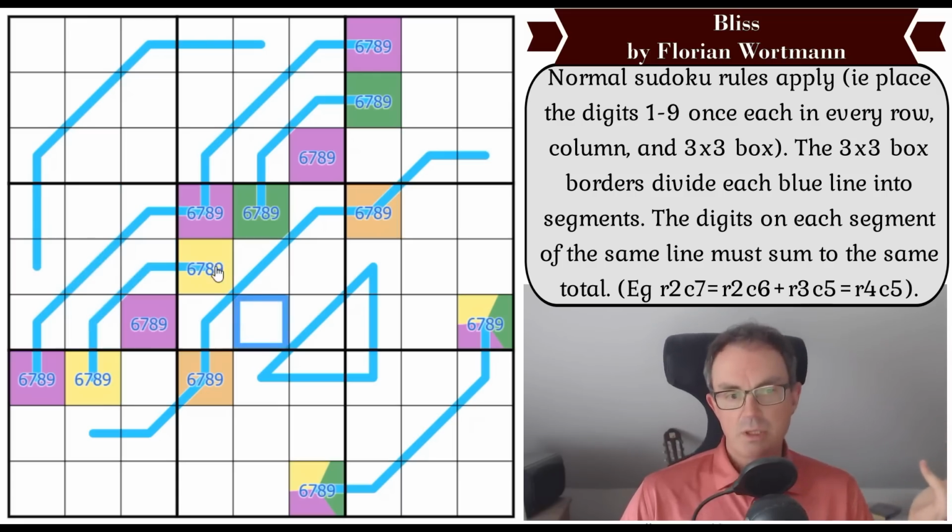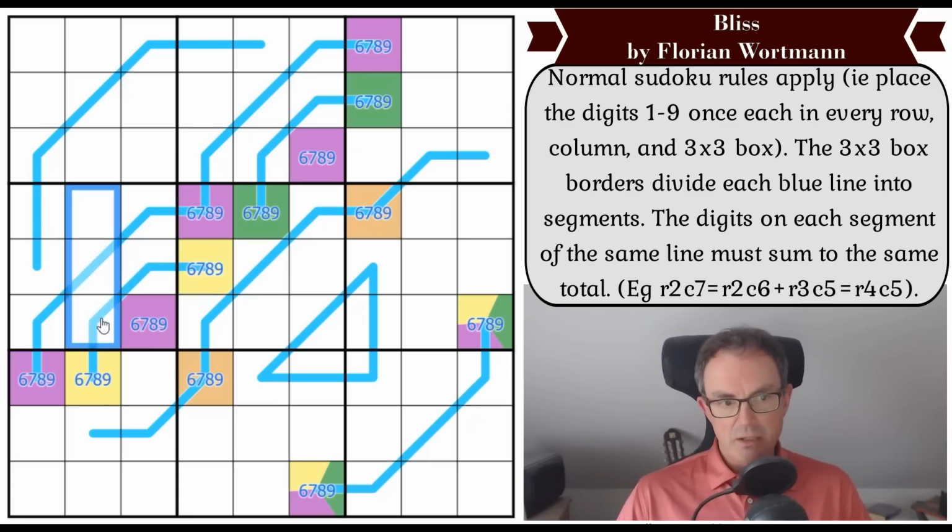Now I'm just going to run that logic through with yellow. Yellow can't be in that cross by Sudoku. It's not the same digit as purple. It can't go in either of these cells, because if it did, the other 4 digits would be adding up to purple, which can't work because 4 digits can't add up to only a single digit total. So I think that that is yellow. And by symmetry, therefore, that's the...